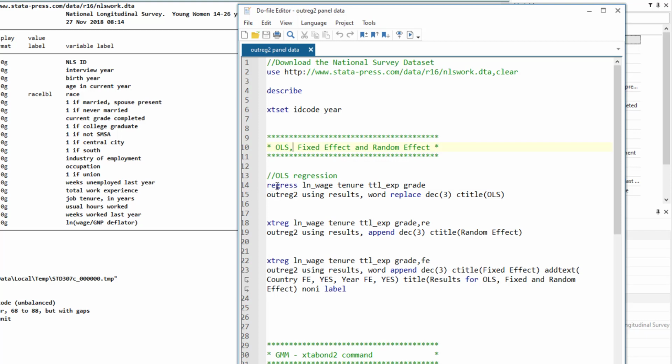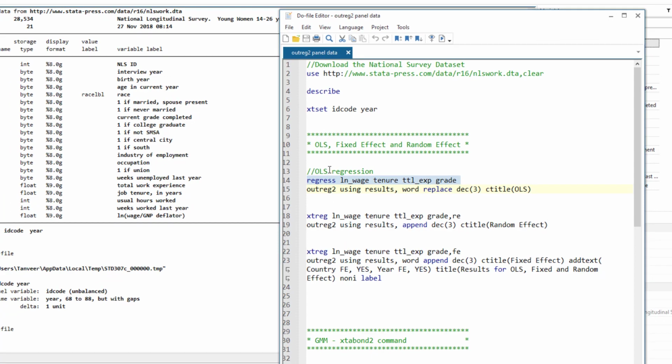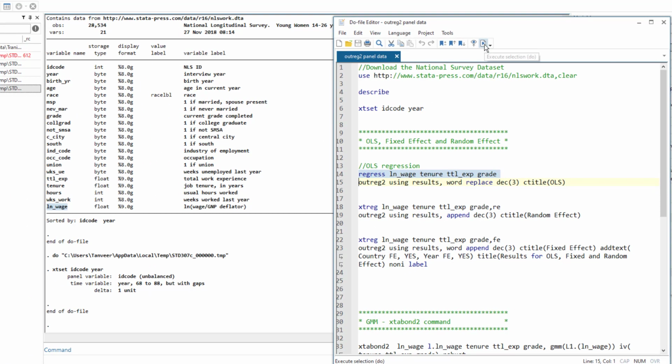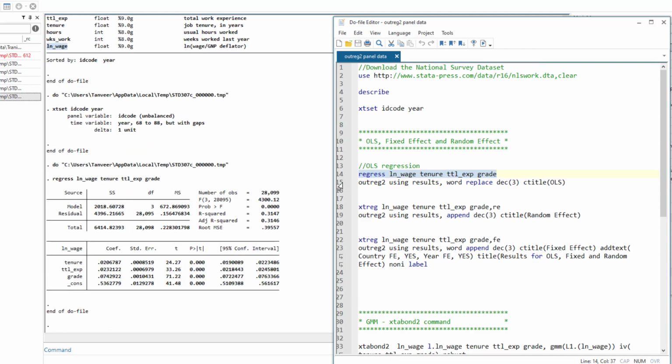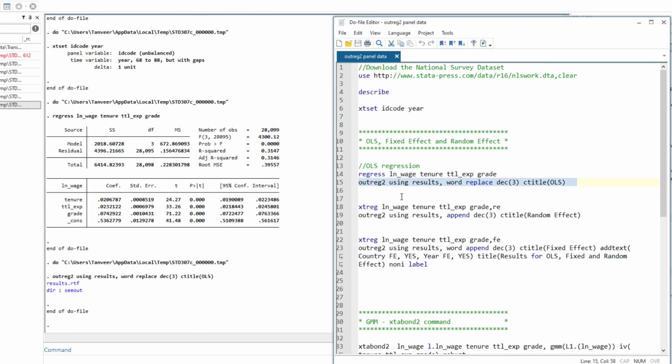First I am going to run a simple pooled regression, pooled OLS, and output its results. Then I am going to run a random effect and output the results using Outreg2, then the fixed effect, and output the results using Outreg2. So let's run the regression. This is the simple regression that we have used multiple times in our videos. We have output the result, and we have used this